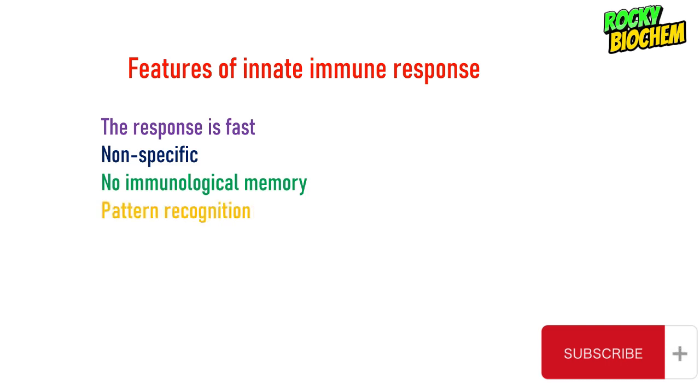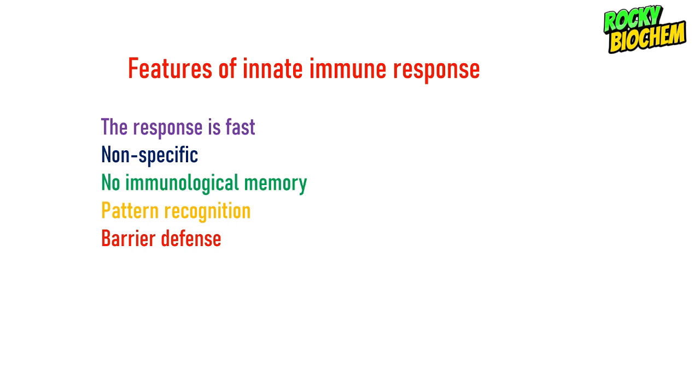And there is also pattern recognition. That is, those immune cells have the ability to sense the invading pathogen and then kill them by sensing some patterns on the surface of them. So we have the pattern recognition receptors, and then we have the toll-like receptors. I'll talk about all these things in my subsequent videos. And also there is barrier defense in innate immune response. That is, the skin, for instance, serves as a barrier, and it blocks the entry